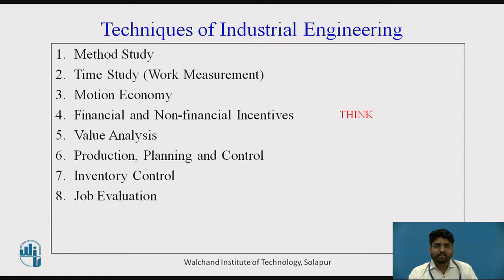Next is job evaluation. Job evaluation is a systematic way of determining the value or worth of a job in relation to other jobs in an organization. It tries to make a systematic comparison between jobs to assess their relative worth for the purpose of establishing a rational pay structure. Next is material handling analysis, to scientifically analyze the movement of materials through various departments to eliminate unnecessary movement and enhance the efficiency of material handling.